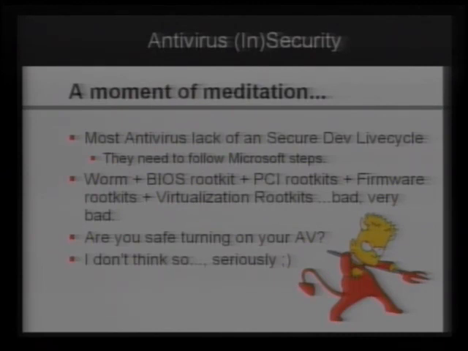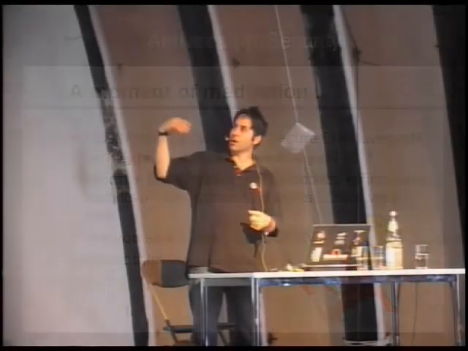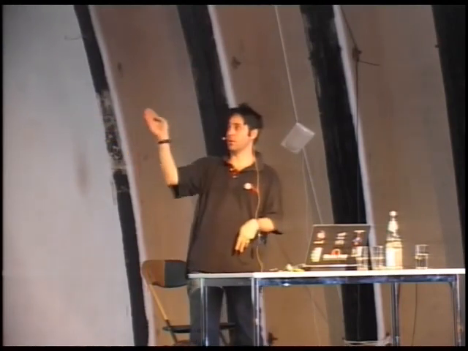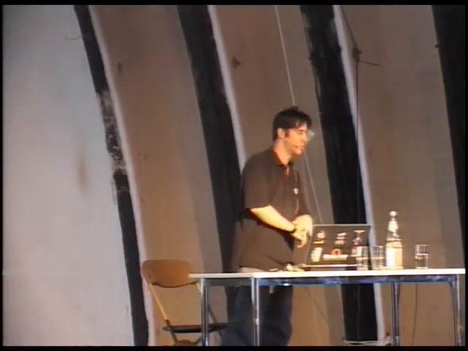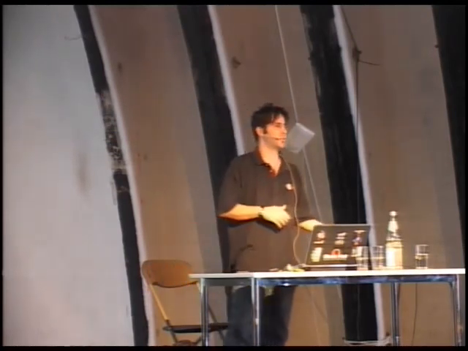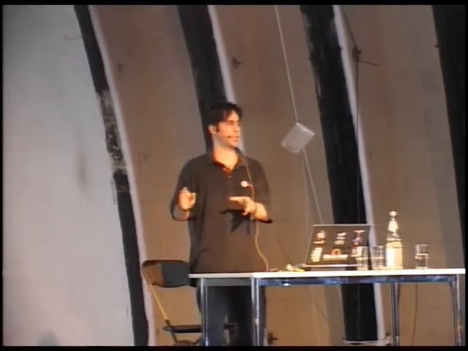If anybody is familiar with this kind of rootkits, and if not, I highly recommend reading all the Sean Hisman papers about rootkits. That is on BIOS, on PCI, and in the last Black Hat and DEF CON, he presented against the firmware. If you think about this whole thing, that is really, really bad, because basically these rootkits survive even if you reinstall your system. They just stay in your machine.